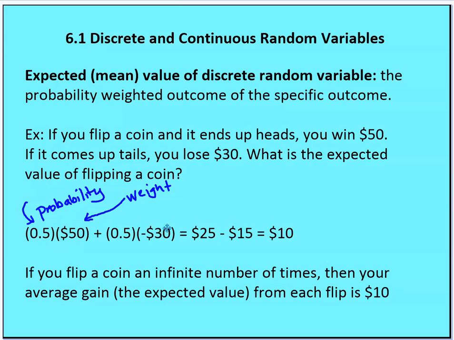So your expected value for flipping this coin is $10. If you were to flip it an infinite number of times, then you would end up with an average or a mean value of $10 per flip. So now when we consider certain events, and betting is a great way to consider expected value, we are thinking about how much we would pay in order to have the opportunity to flip this coin given these outcomes. And we would be willing to pay anything up to $10,